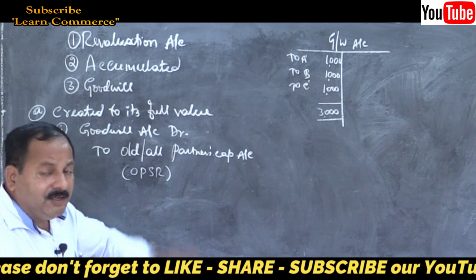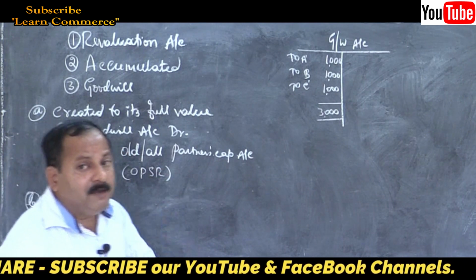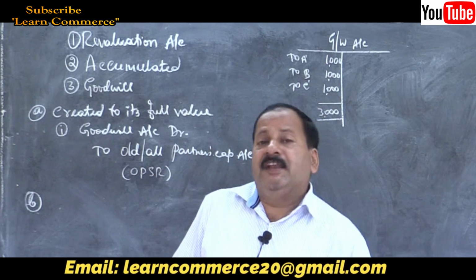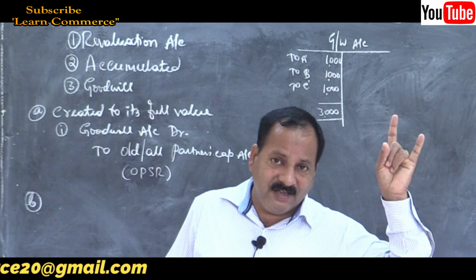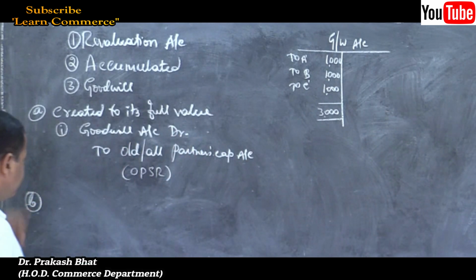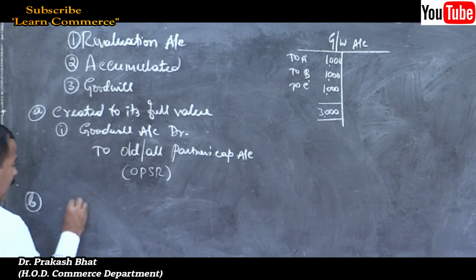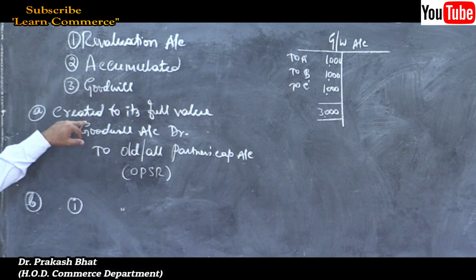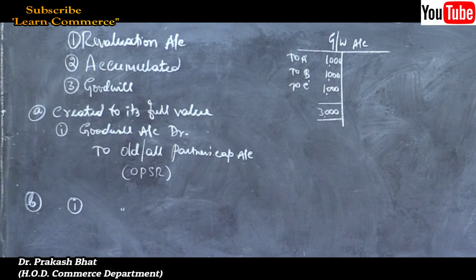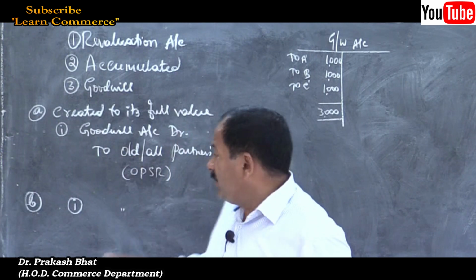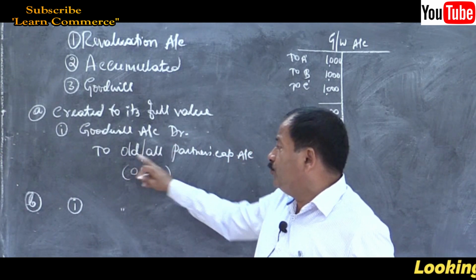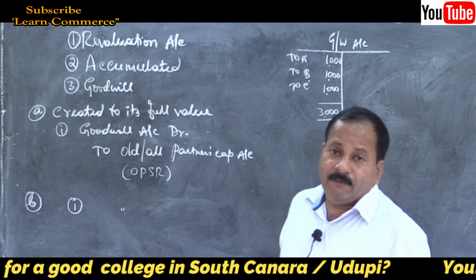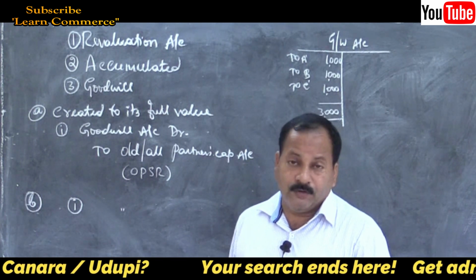Whatever we did under the fourth method in case of admission, the same entry we will pass here. But here, including the retiring partner, there only old partners. Am I correct? So that is what we have to do. So the first entry will be the same, entry number 1 of admission, that is entry number 1 of goodwill treatment. Then the second entry we have to pass for writing off the goodwill. This is creation of goodwill, that is goodwill account debtor to old partners, that is all partners' capital account in their old profit sharing ratio.